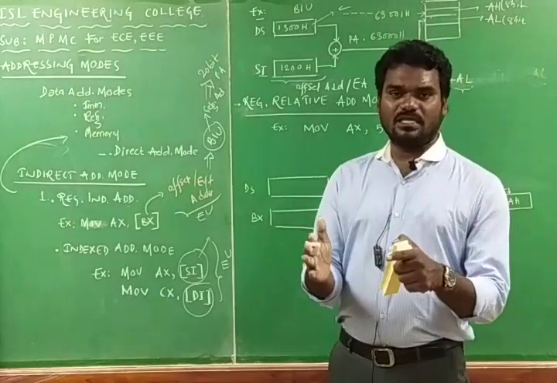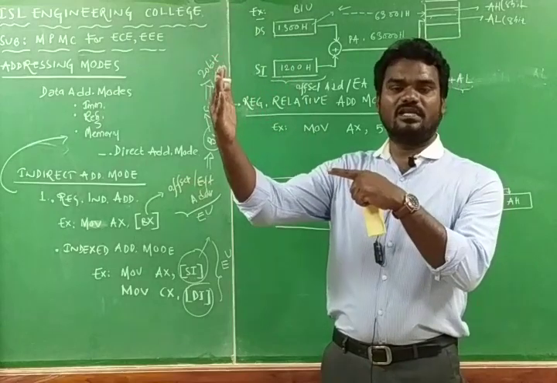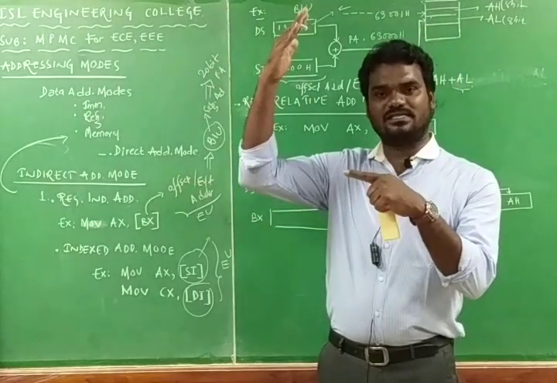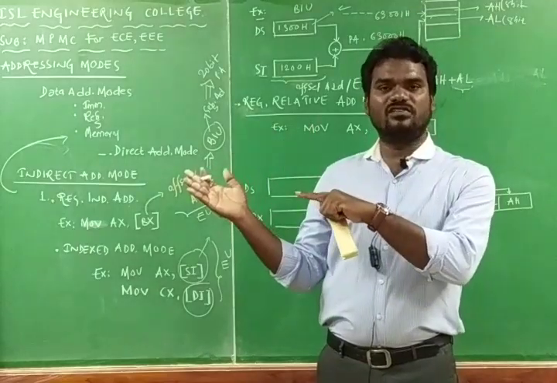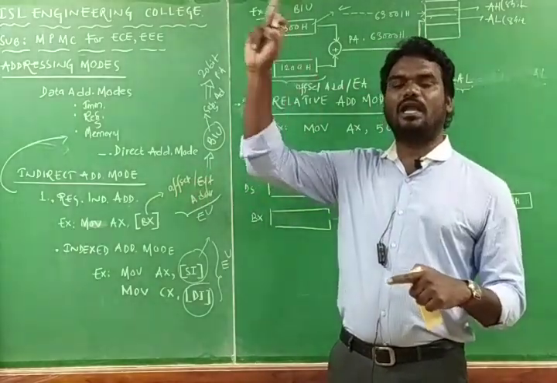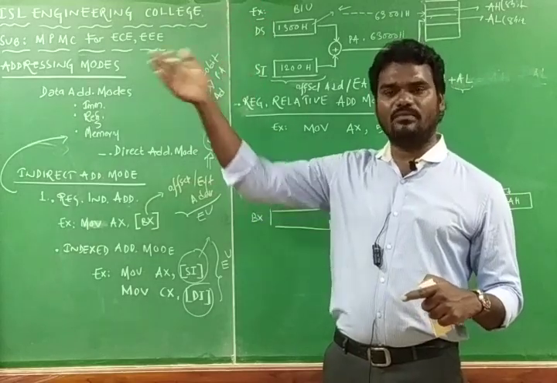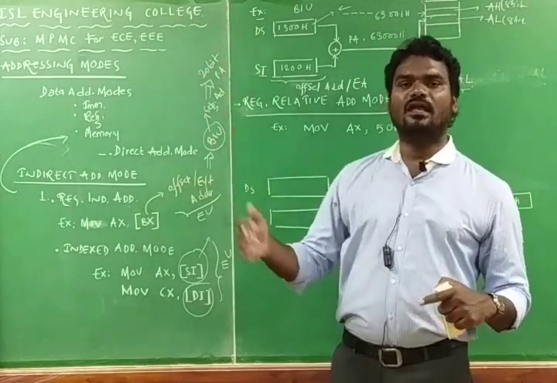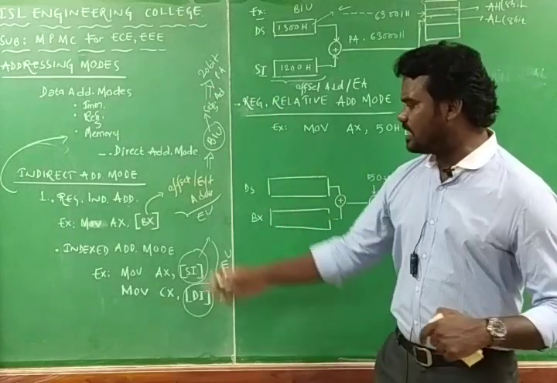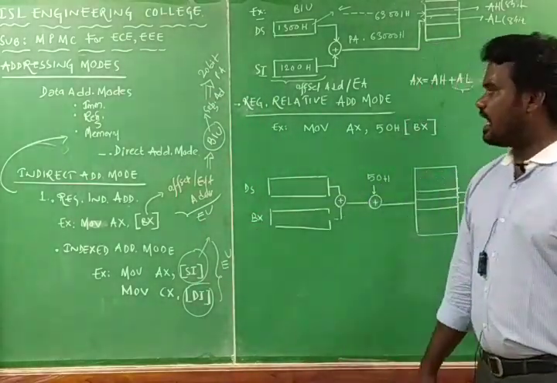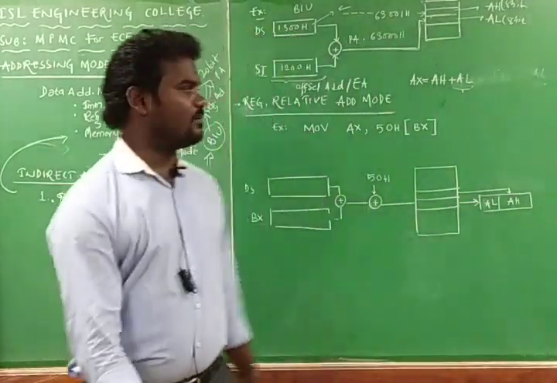That means index registers specify the offset address that will be given to the bus interfacing unit, where the segment address is there, and both will be added together to generate the physical address. The physical address will identify one location in the 1 megabyte of memory, and from that identified memory location, the operand can be accessed by the 8086 microprocessor. And this is about the index register addressing mode. And the last one is the register relative addressing mode.